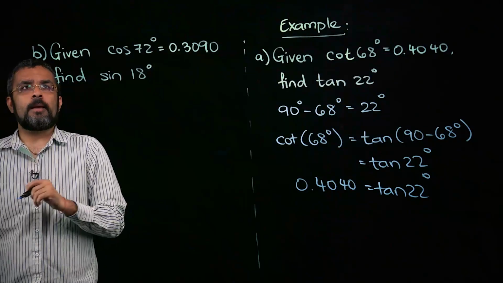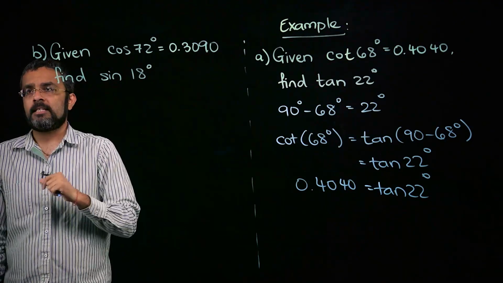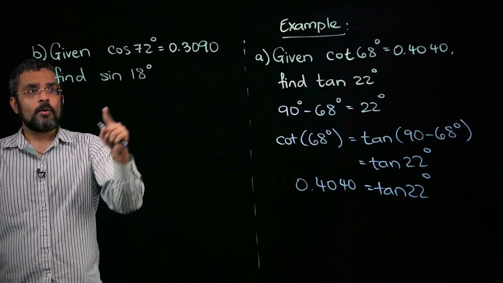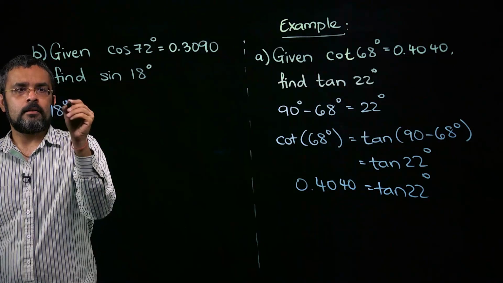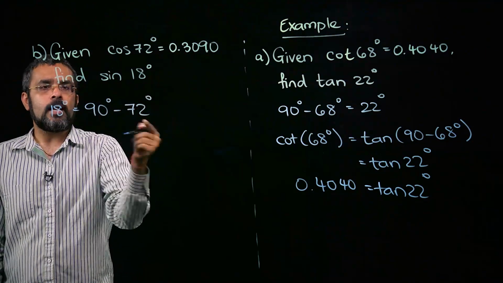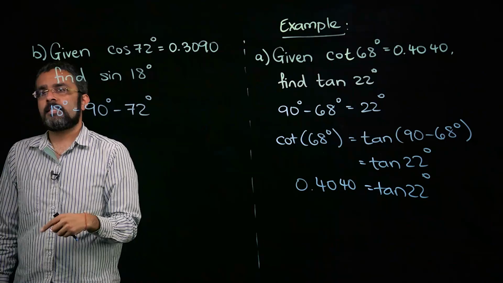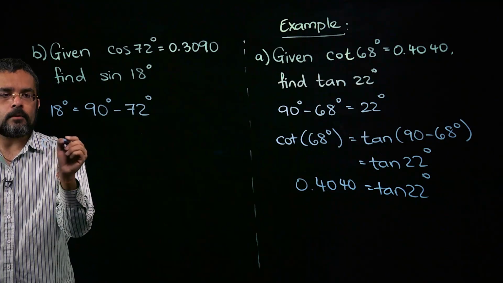Okay, so let's look at another example. Cosine of 72 degrees is 0.3090, and we're going to find sine of 18 degrees. If you look at it, 18 degrees is nothing but 90 minus 72 degrees, right? So again, they are complementary angles because 18 and 72 add to 90. So we know that cosine of 72 degrees